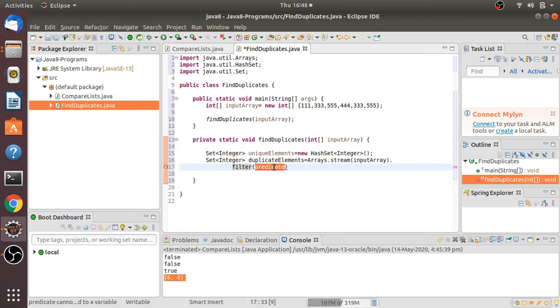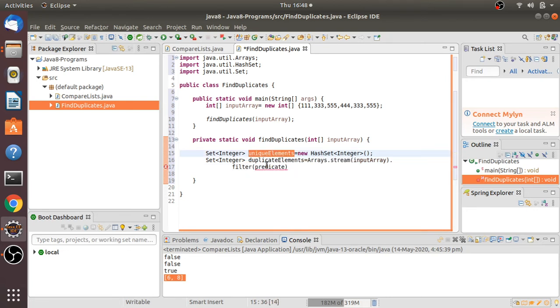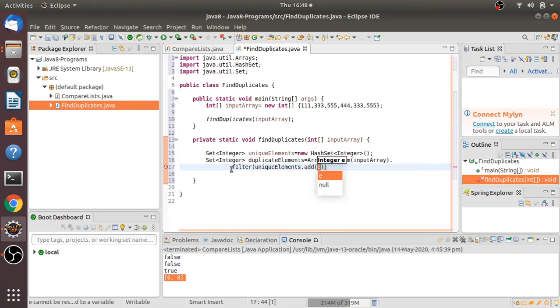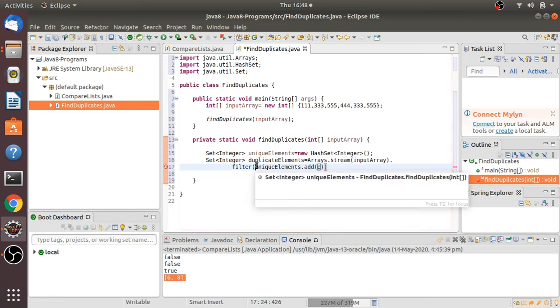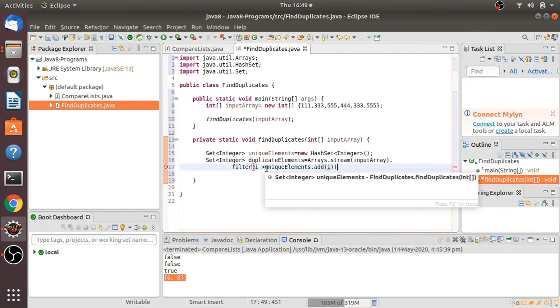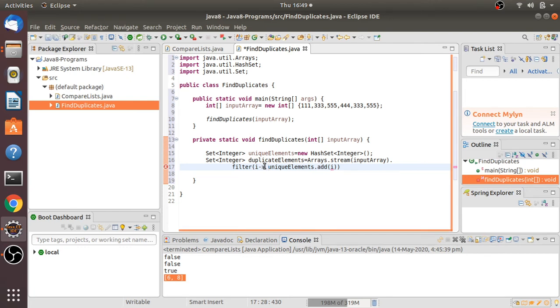I'm going to add the elements to this unique elements. Unique elements dot, we have an add method, so I will take a lambda expression, and I will add the elements to this. Whatever elements are not already available in unique elements, I will add to this unique elements set.